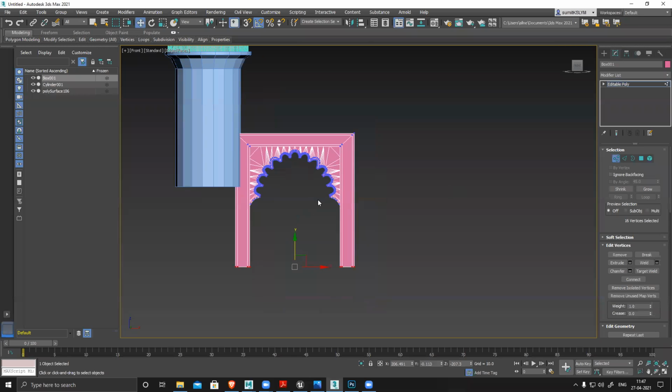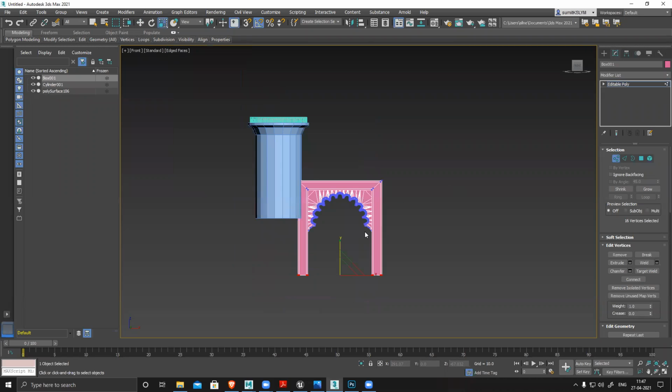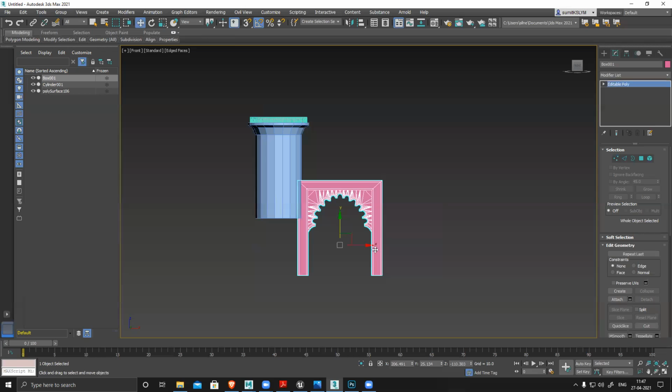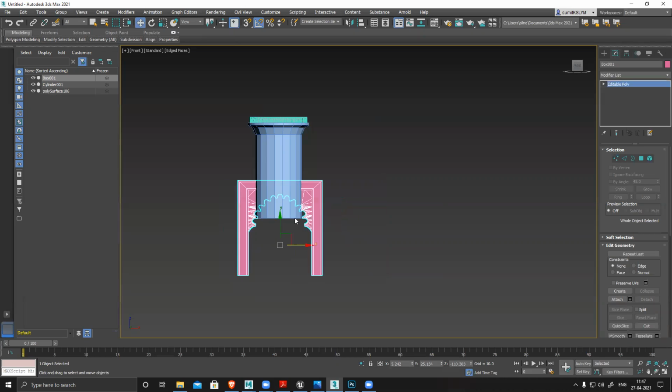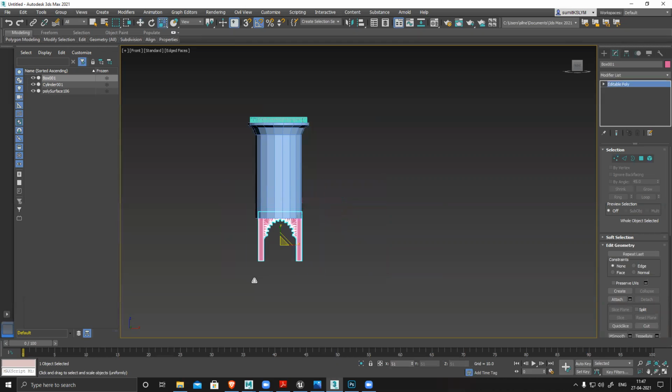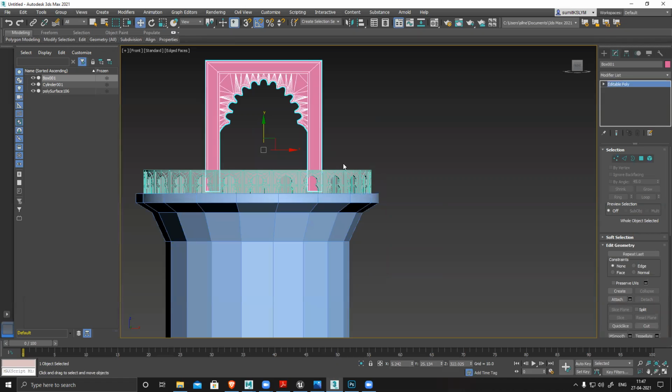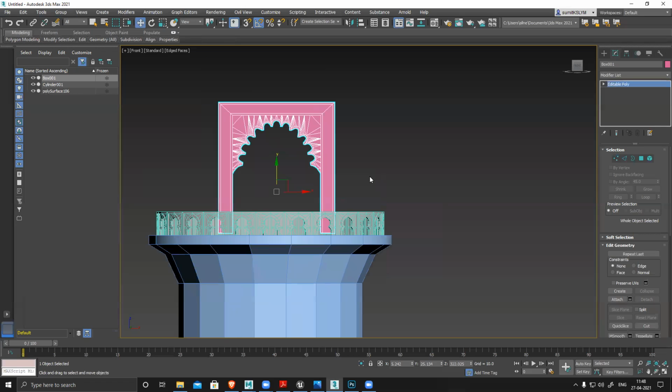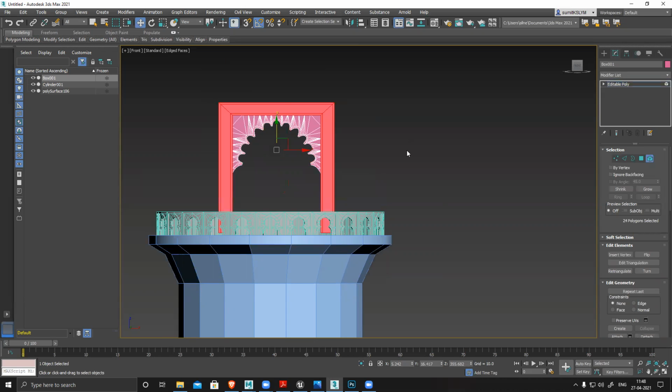For this also, I can say it's pretty huge, so compared to this, I'll reduce the scale. Decent, and this one cannot bend. I can see this section. This section cannot bend because there are no in-between loops.